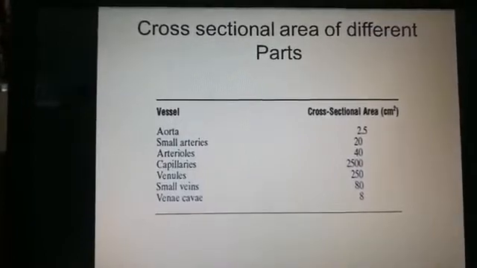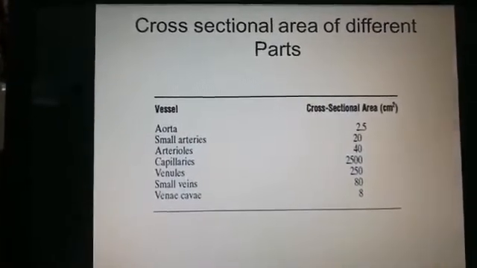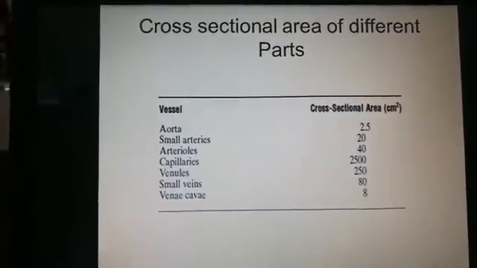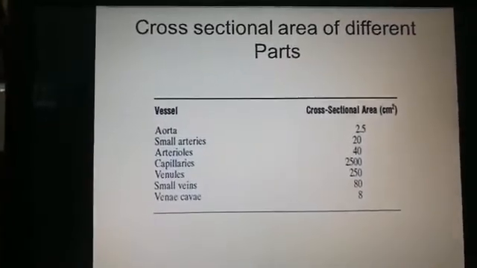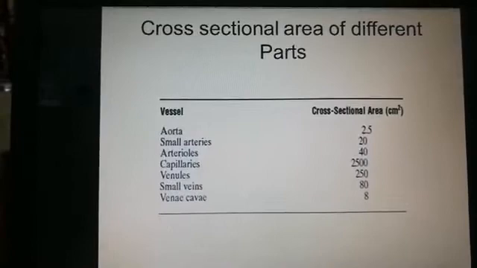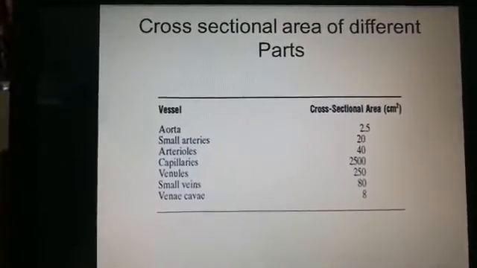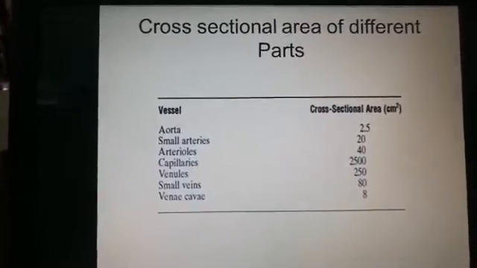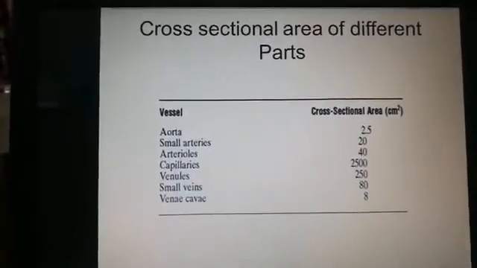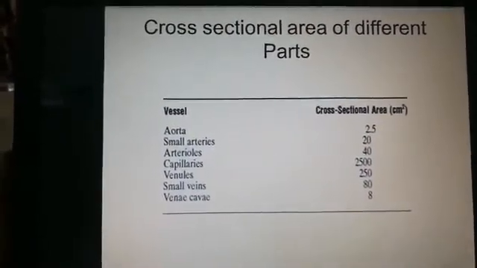So capillaries have more cross-sectional area than the aorta, and that's why the aorta has greater velocity, and the lesser velocity of blood in the capillaries is important so that there is maximum exchange